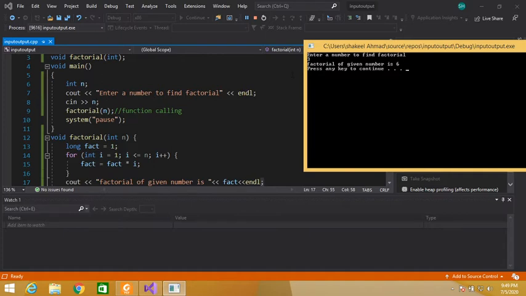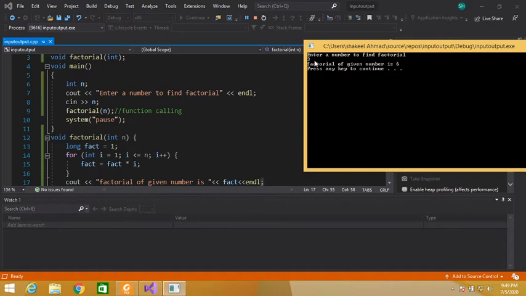The user entered 3, and in the next line I am calling this factorial function and passing this integer variable. So it accepts an integer, so I am passing this integer n.